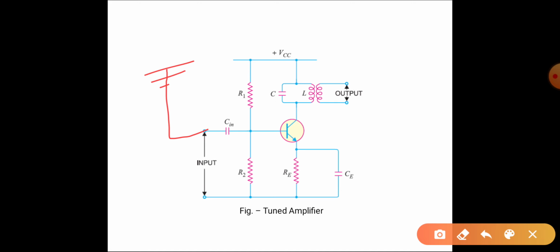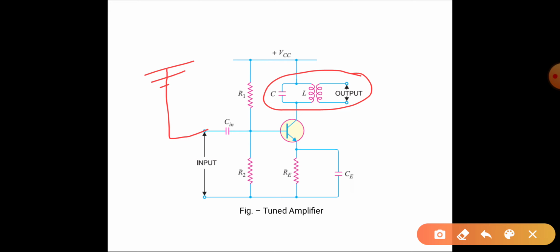So in air there will be many more channels or many more frequency signals. So how will this tuned amplifier amplify a particular signal? When signals of many frequencies are present at the input of the tuned amplifier, it will select and strongly amplify the signal of the resonant frequency of this LC circuit.